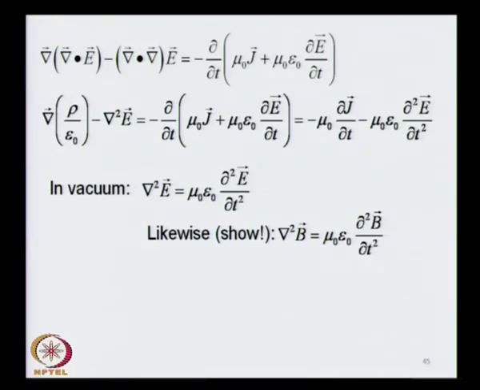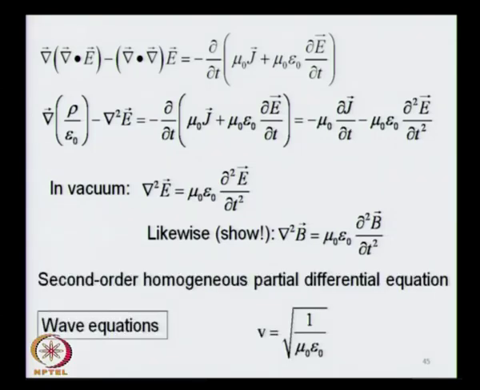Now, I have arrived at this for the electric field. You can play with Maxwell's equations, do exactly the same kind of vector calculus, which is very elementary, and you will get a very similar expression for del square B, which is equal to mu 0 epsilon 0 times del 2 B by del t 2. Now, this is a second order homogeneous partial differential equation, which connects the space derivatives of the electric and magnetic fields with the time derivatives of the electric and magnetic fields. Essentially, it is a wave equation,